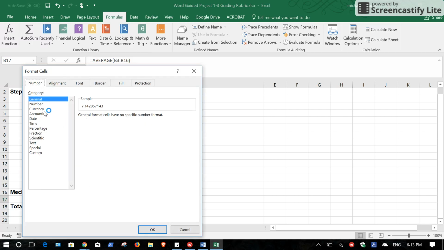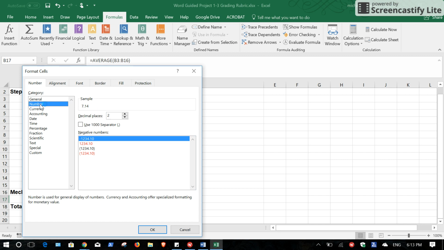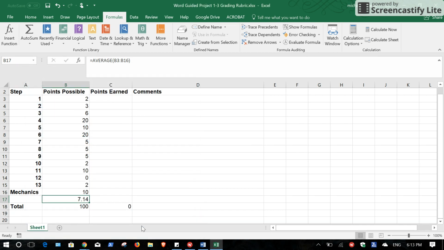And I can actually use number and just use two cells, which makes it a little bit easier to read. Click on that, and voila, I just have 2 decimal points after the decimal, which makes it a little bit easier to read. Okay. Another thing I want you guys to really understand and do is, when you have